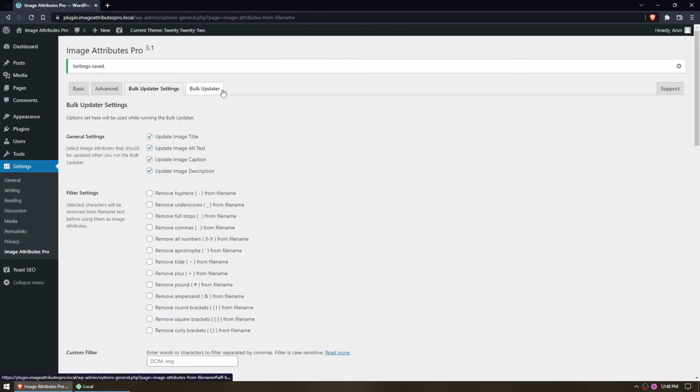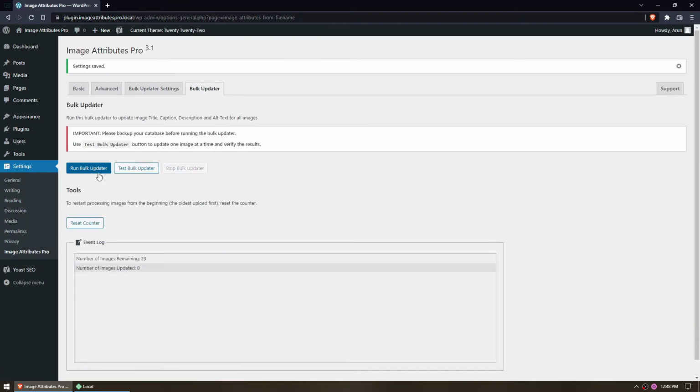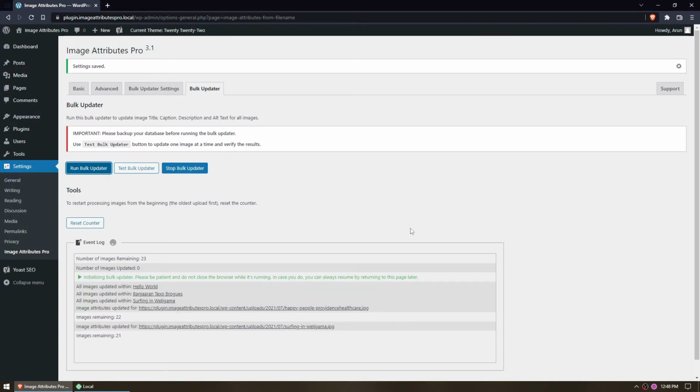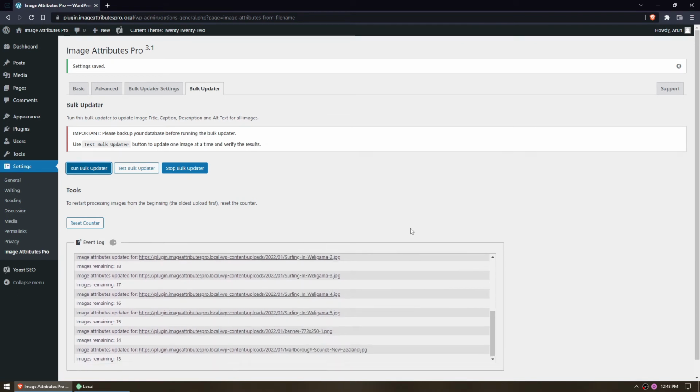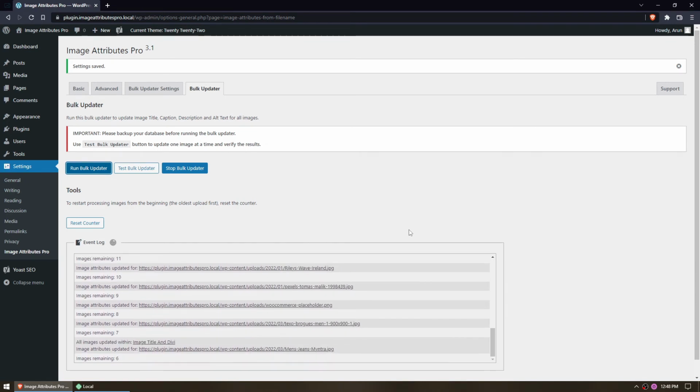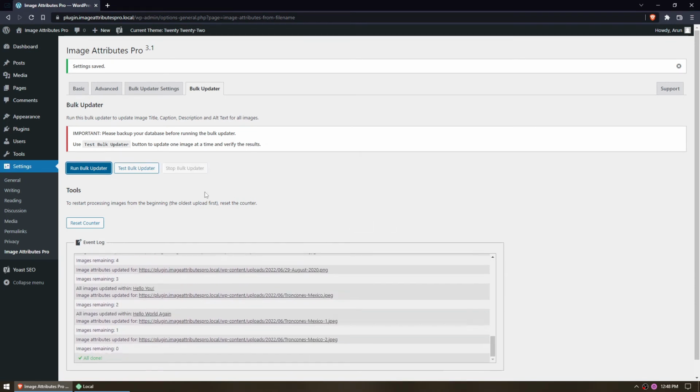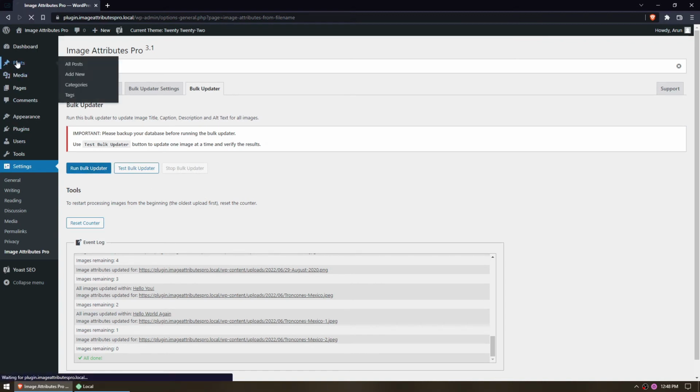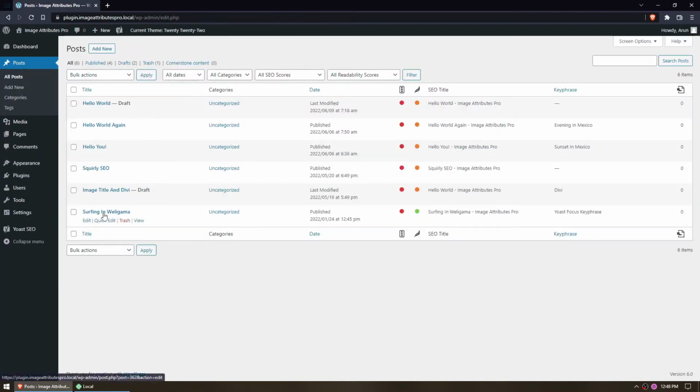I will switch to the bulk updater tab and run the bulk updater. It'll take a minute to go through all the images and update its attributes. Alright, the bulk updater is done, and if we go to the post, I'll take this example